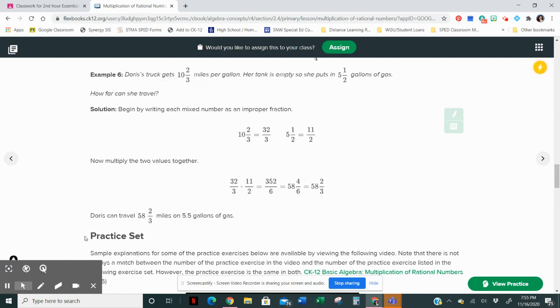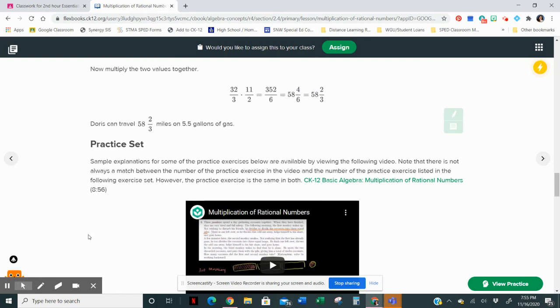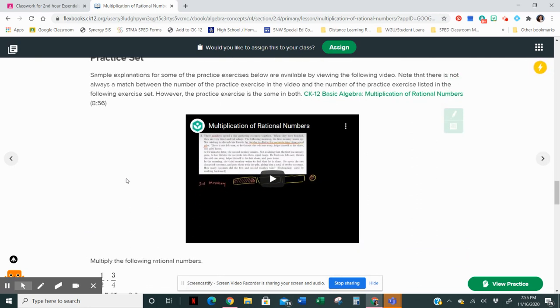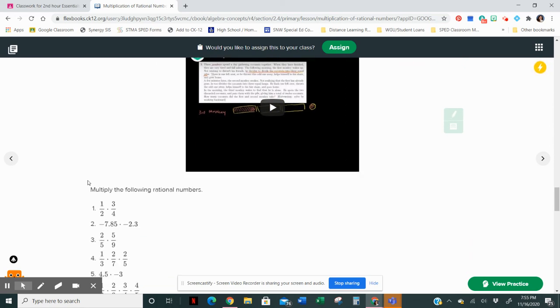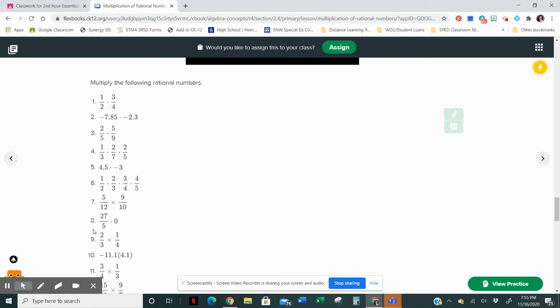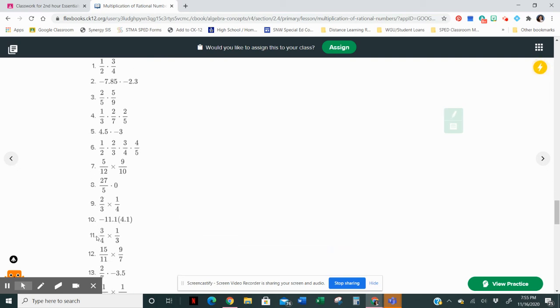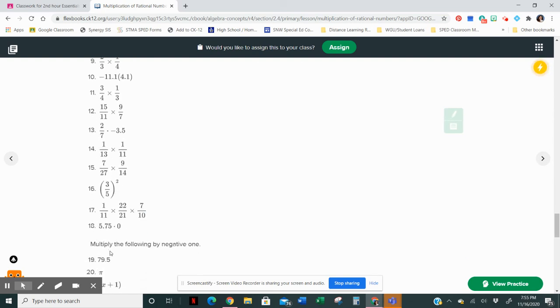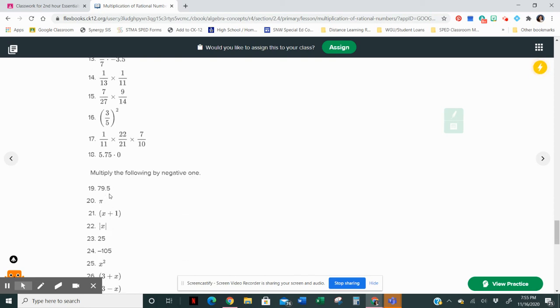All right, so now we're ready to move on and get to our practice problems. There is a video here by Khan Academy. If you'd like to learn some more about multiplication of rational numbers, feel free to go ahead and click the play button and watch that video. But otherwise, you are going to be working on problems 1, 5, 7, 9, 11, 15, and 17. And you're also going to be doing 19,